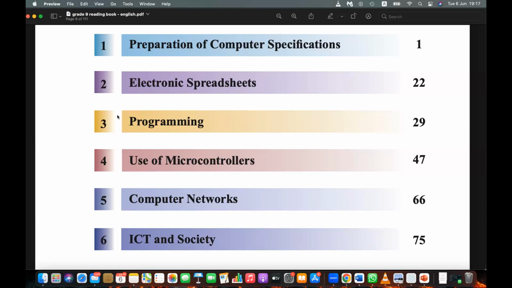If there are any students who have missed the previous lessons, my invitation is to please go back and log into your LMS, the learning management system. Using that, you can watch all the videos from the beginning. You will not miss anything, right? When you go to the LMS and access the videos one by one, you can learn everything from the beginning.